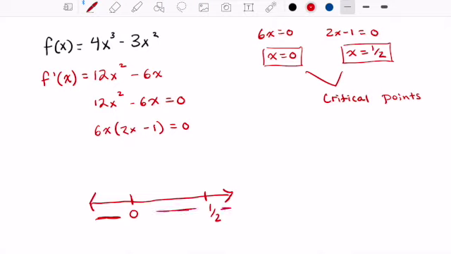Make it easy on yourself. What's a number that's less than 0? I like -1. What's a number in between 0 and 1/2? Let's go with 1/4. And then what's a number greater than 1/2? Keep it easy. Go with 1. Once you have your 3 testing points, we're going to take each one of those testing points and plug it into our derivative, and that's going to serve as our derivative test. So when I take -1 and plug that into my derivative,